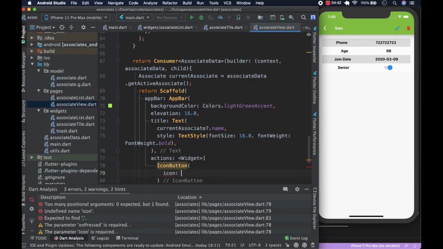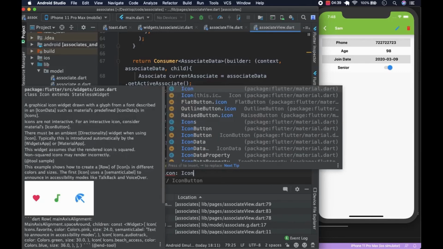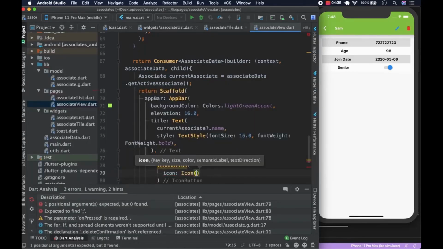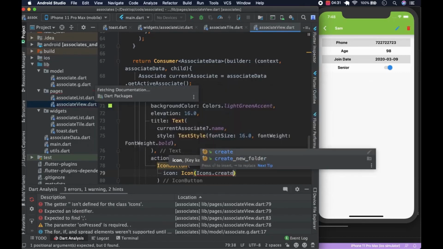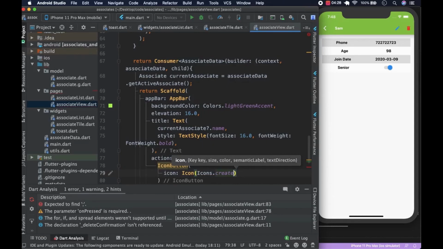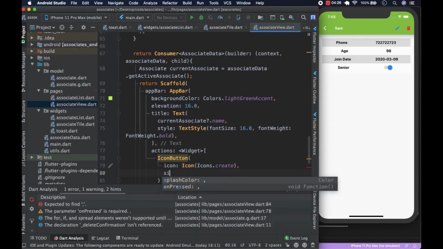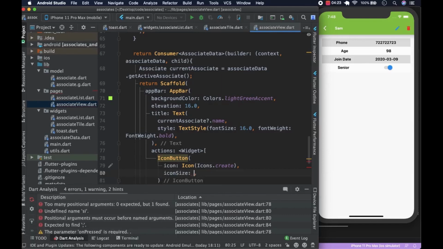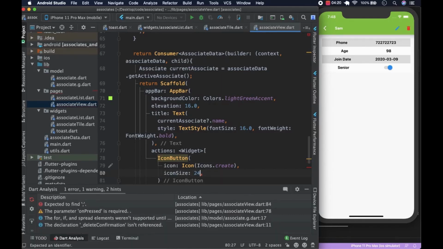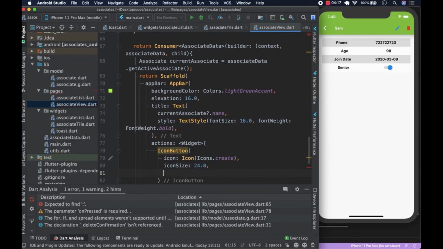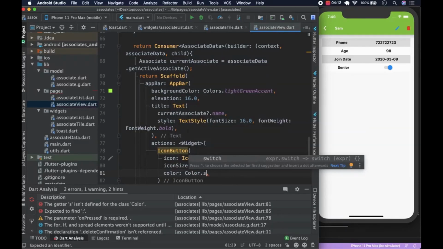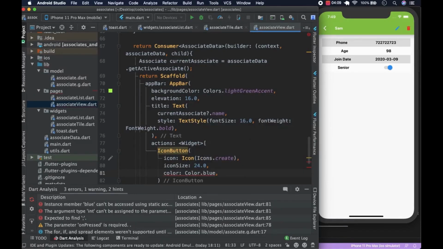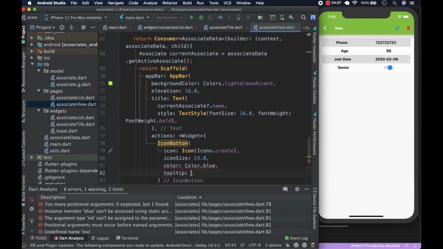icons dot create, and we're going to give it a bit of size. The icon size is going to be 24.0. The color, we're going to make it colors dot blue like this. The tooltip is going to be edit,